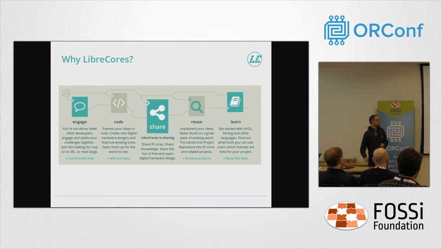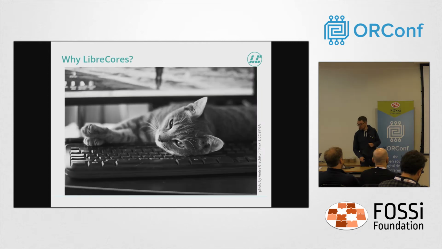So you might say, okay, that all sounds nice, but isn't there already another site out there? That's OpenCores.org. I used that picture before, and I'm using it again because it displays the state of OpenCores pretty well. That's OpenCores, the keyboard down there. Unfortunately, we can't do anything with it because there's a cat sleeping on top of it. That's a bad state, because this cat doesn't want to be woken up, and at the same time, you can't do anything. So that's unfortunately the state of OpenCores.